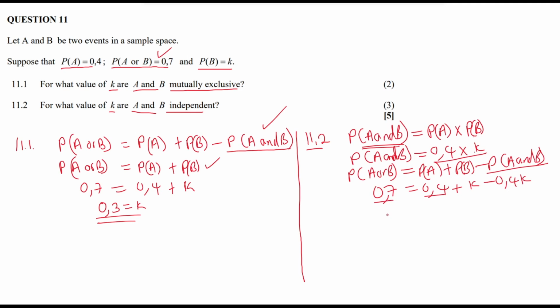0,7 minus 0,4, that is 0,3, is equal to 1K minus 0,4K, you get 0,6K. Then divide by 0,6 on both sides of the equation, you'll get that K is equal to 0,5. Okay,